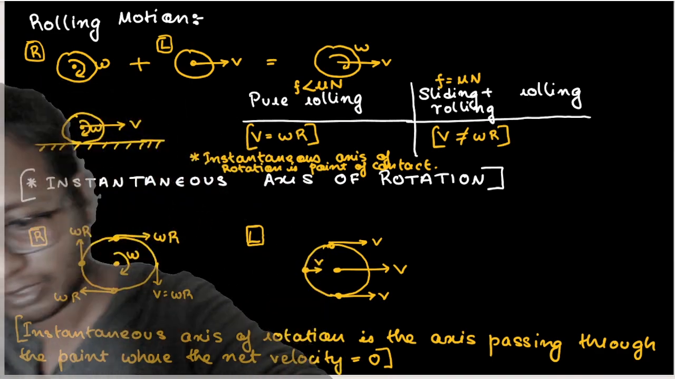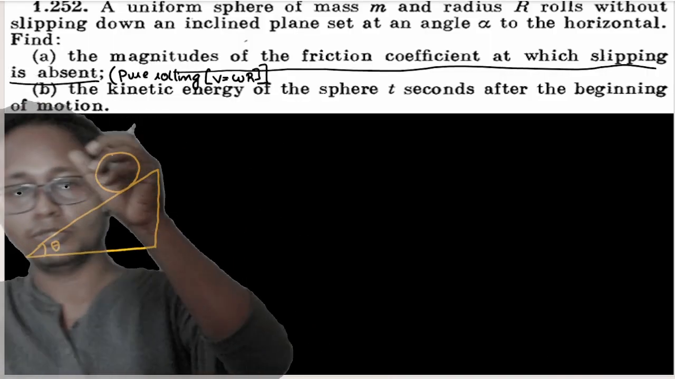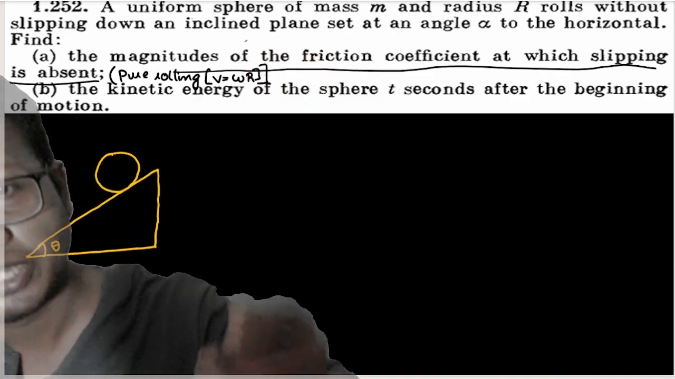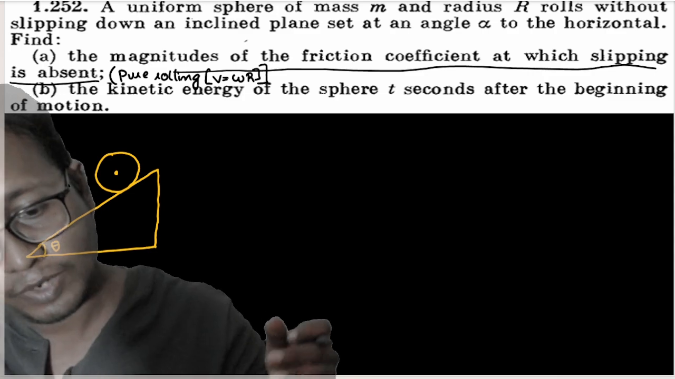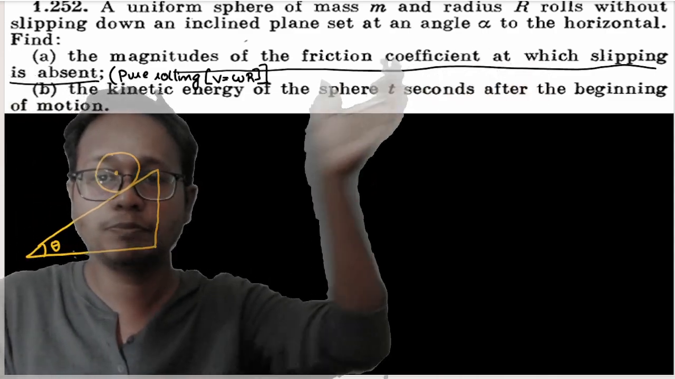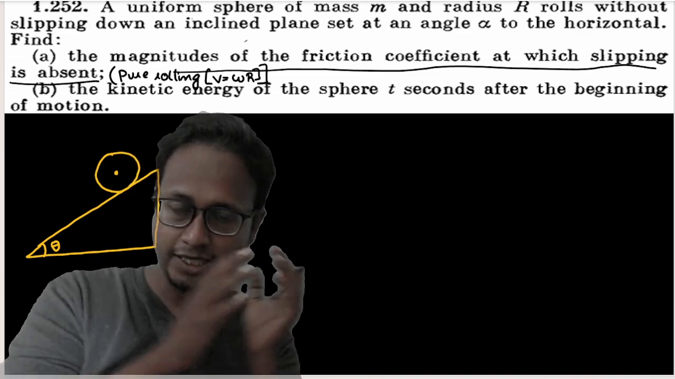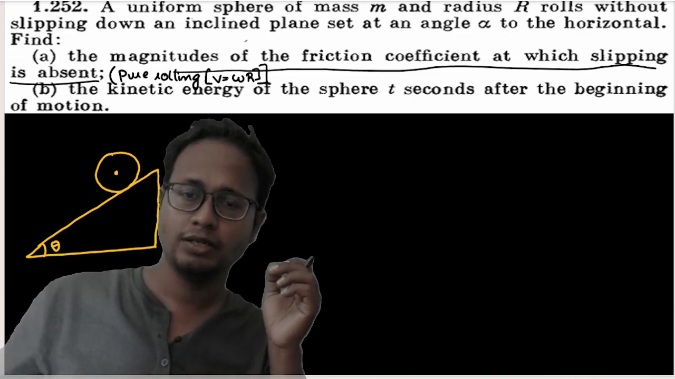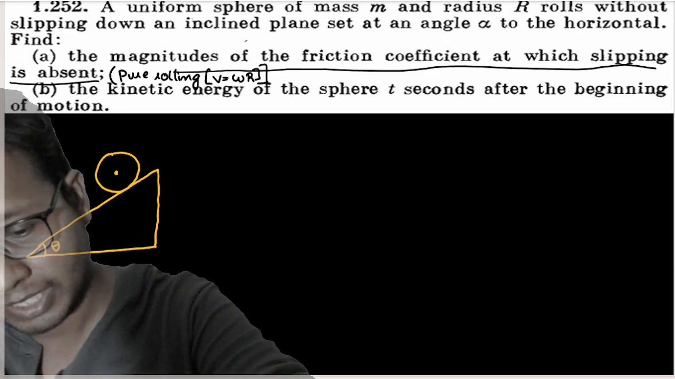Understood this much? So in the question that you are solving, a uniform sphere rolls down an inclined plane. The mass of the uniform sphere is m. We have to find out the magnitude of the friction coefficient at which slipping is absent, and the kinetic energy of the sphere at t second from the beginning. Now my first intuition is you have two options. Sir, how to solve this equation? You can solve this equation from